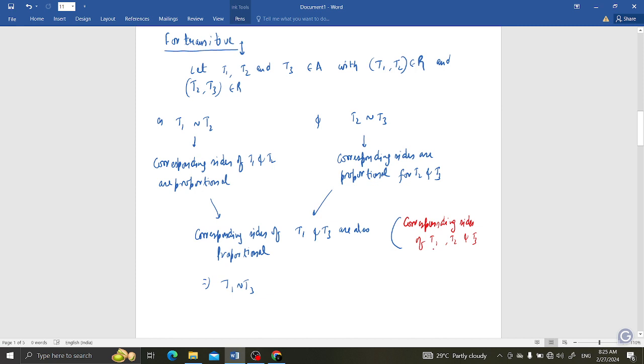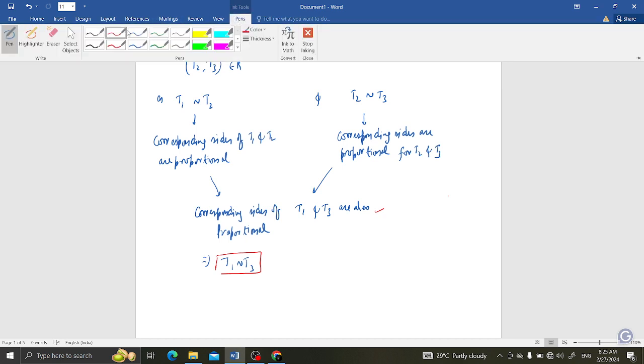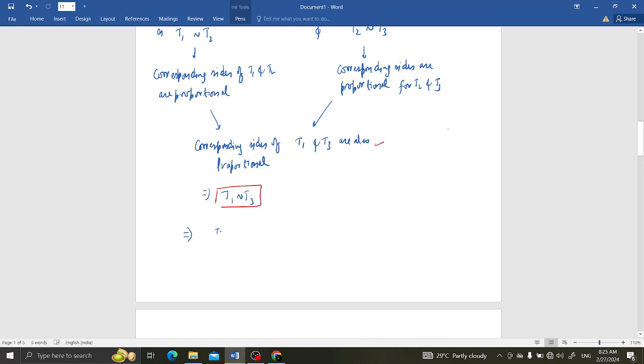Okay, if we are taking two at a time, I think there is no need of writing this one. This line is sufficient for them. So T1 is similar to T3, hence it implies (T1, T3) belongs to relation R, implies R is transitive